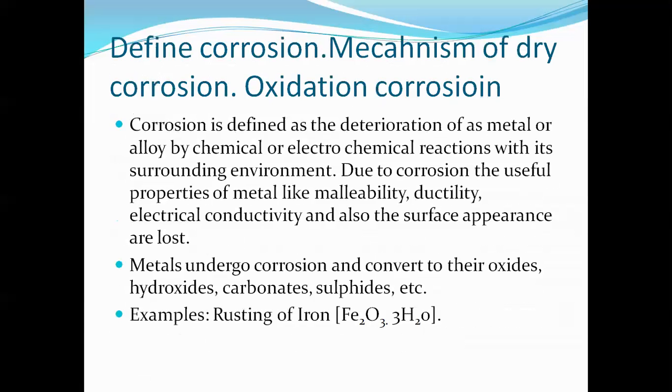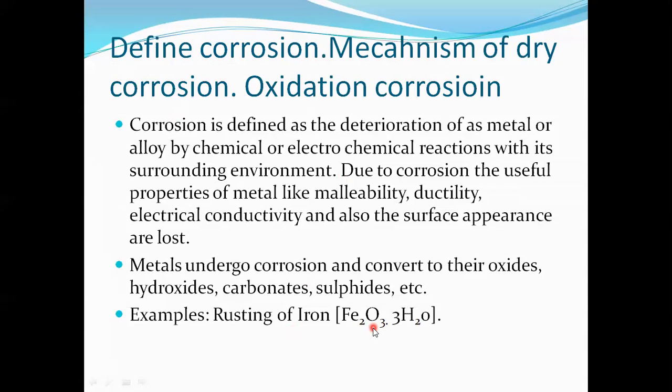In our previous class, we discussed that corrosion is a destructive property. The destructive property is identified when the metal is placed in the environment. When we place the metal in the environment, what happens? The metal surface containing an active site is covered with a metal oxide layer. The conversion of a metal surface to a metal oxide layer is what we call corrosion, right?